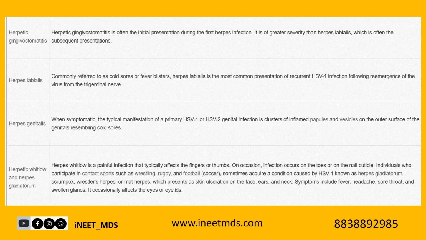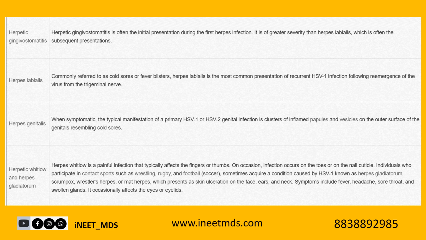The infection usually revolves around the region where the trigeminal nerve supplies. The trigeminal nerve has ophthalmic, maxillary and mandibular divisions. In the areas and regions where this nerve is supplied, there alone the recurrent HSV infection occurs, of which the area supplied by the maxillary nerve or the mandibular nerve leads to herpes labialis.